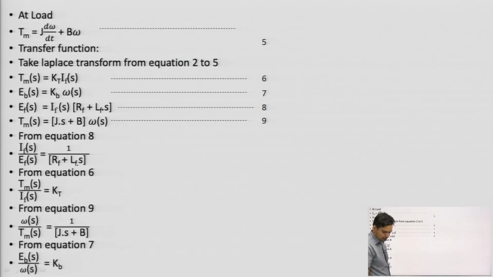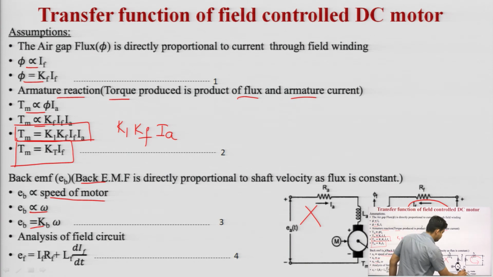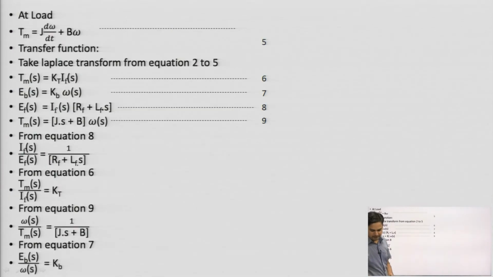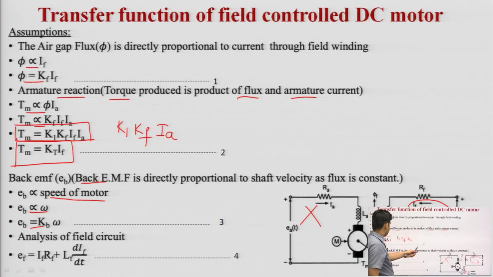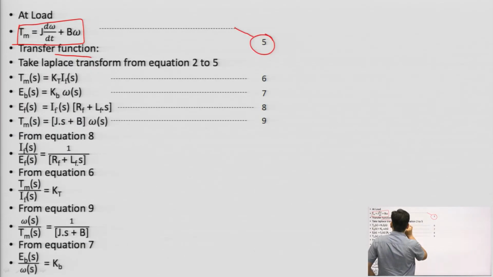If we connect the load across the motor, if I connect any load here, it will have inertial mass J M, it will move with torque T M, motor torque, and the movement would be angular movement theta m and velocity would be omega. So, T M is given by this, as you had seen in the previous case. Now, for transfer function, you have to take the Laplace of equation number 2, 3, 4 and equation number 5. This is the equation number 5. So, you have to take Laplace transform of all these equations, you will get equation number 6, 7, 8, 9.